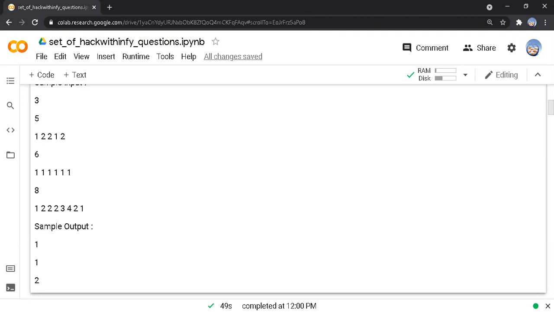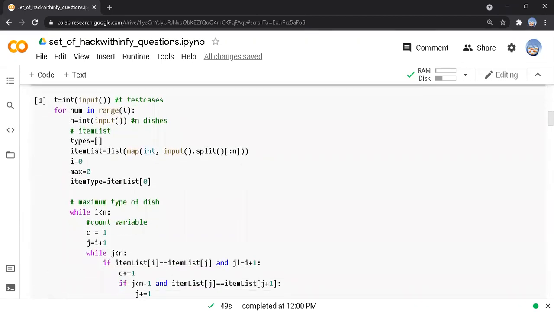For this, we are going to write the Python program. In the first line, we get the number of test cases as an integer. After that, we loop through the number of test cases. We get the n value, the number of values in the array.